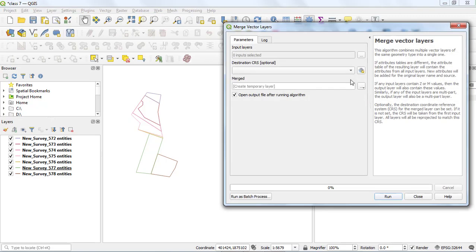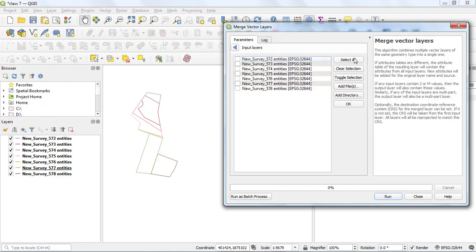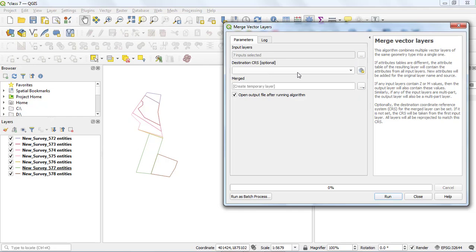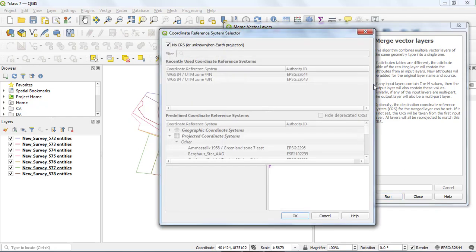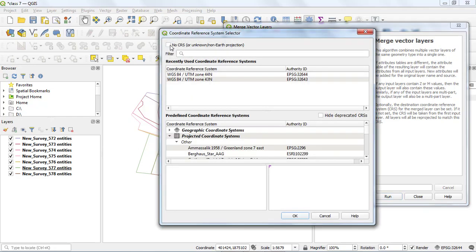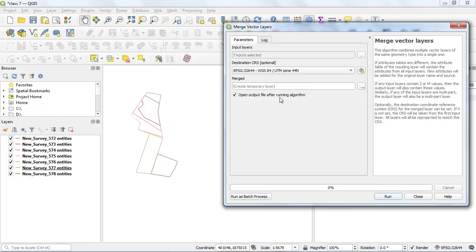Double click on this, and after that in the input layers click on this three dots option and select all these layers. I want to merge all these layers, so select all and click OK. Now we need to select the coordinate reference system, that is UTM 44N, and create a shapefile by giving the name.